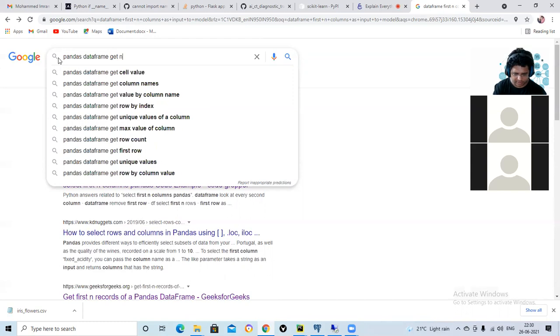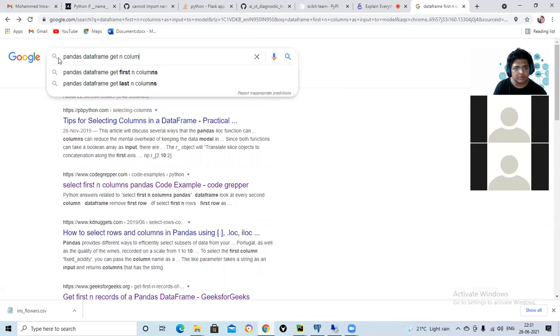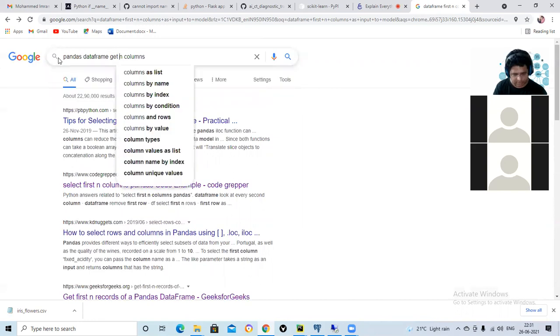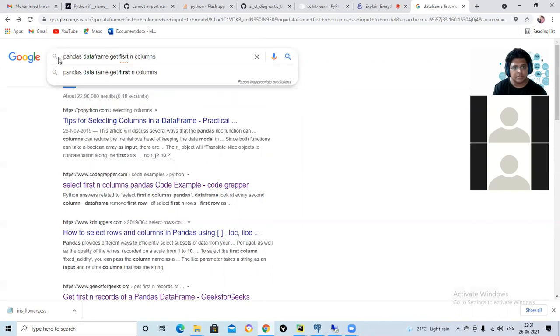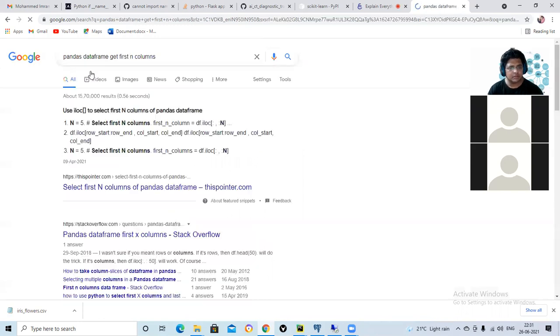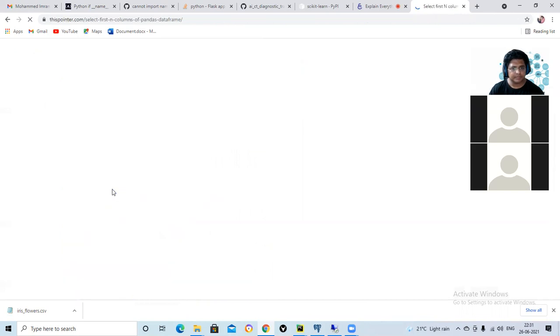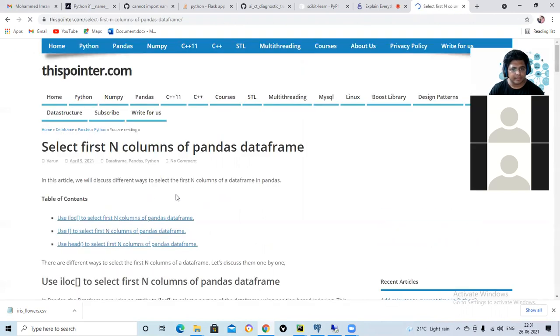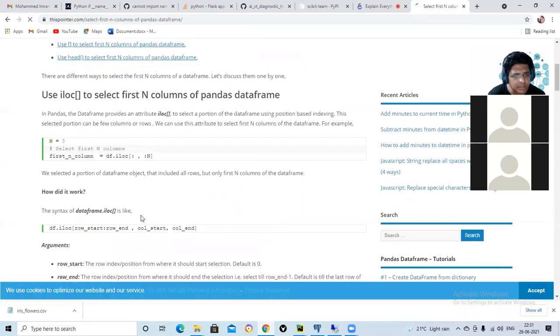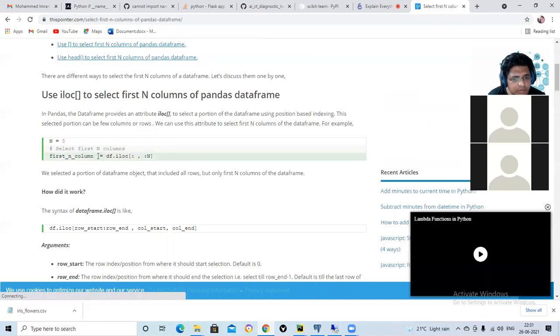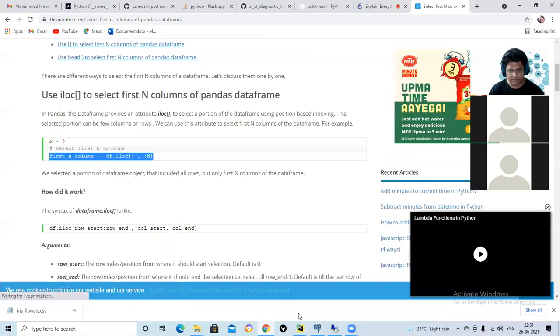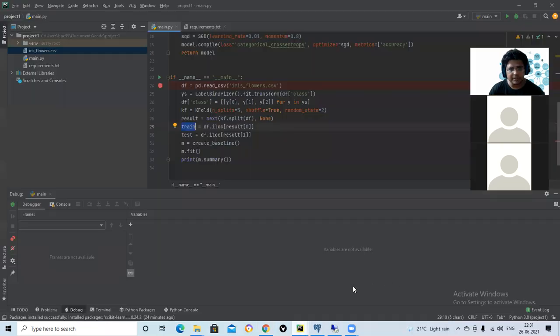Get n columns. iloc. Select first n columns. Let's see what this is giving.